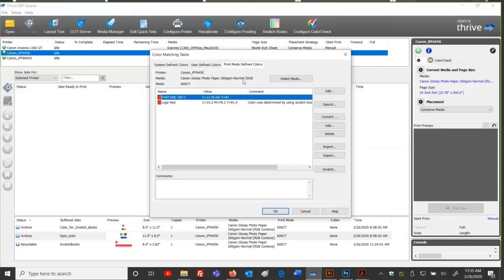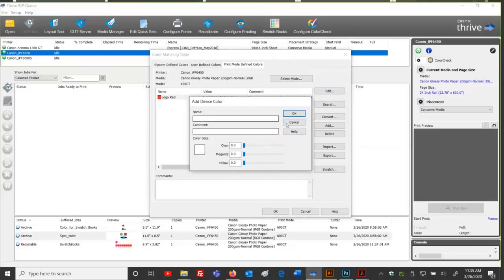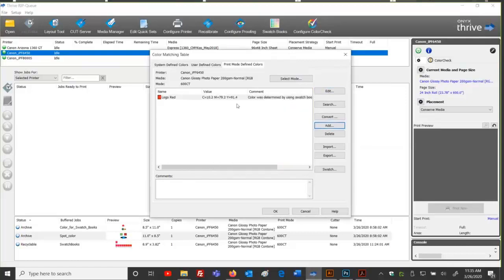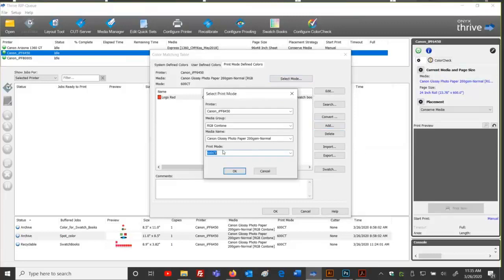So when we look at this, there is that priority, and it's going to overwrite the data that's there. Okay, now I'm going to go ahead and delete that Pantone out of there, but I'll leave my logo red in there. So again, case and space sensitive, we're pointing it to the exact same materials, the exact same mode. And this is important. When I added this color here, I was able to specify the recipe, the name, and when I started out, I picked the mode, okay?